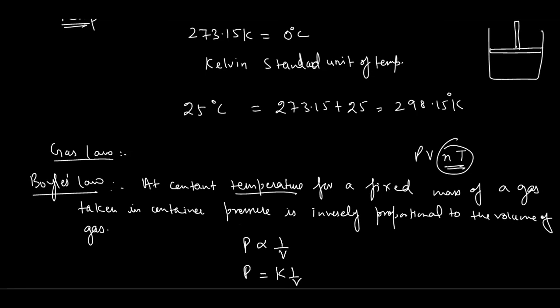Because if we have taken this gas in a container, so the pressure of the gas is constant. How can we increase the pressure of the gas by changing the number of moles? If the volume is fixed and we keep on increasing the gas in this container, then we are adding more gas to the same. Then the pressure will increase.